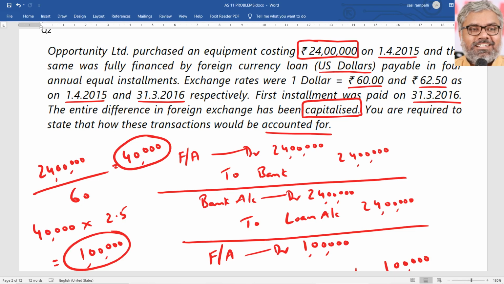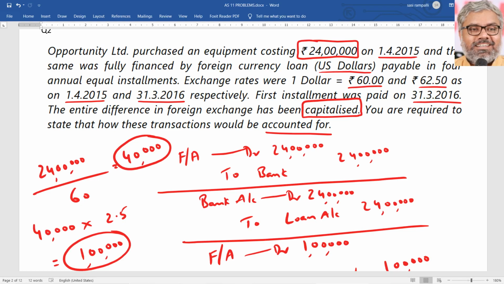But if the organization chooses to capitalize it, because this monetary item of loan has arisen in relation to fixed assets, then it is a different story. Then we have to treat it accordingly. Or alternatively, if there is no fixed asset and there is just a loan only, then the organization once again has two choices. Either it can debit it to P&L if it is a loss, or it can debit the FCMITD account, or alternatively it can credit the P&L or credit the FCMITD account, depending upon the changes. See, whenever we say exchange differences, that could be a gain or a loss, and common sense has to prevail while calculating whether a particular item is a gain or loss.